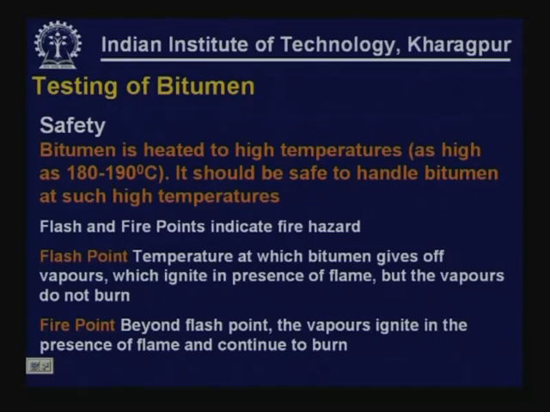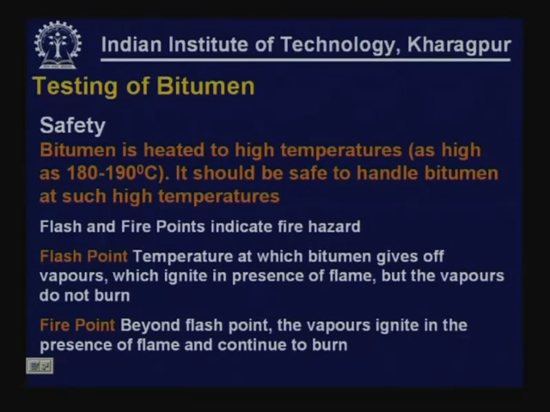To understand the safety of bitumen when it is operated at higher temperatures, because bitumen is going to be heated to temperatures as high as 180 degrees centigrade, it should be safe to handle bitumen at such high temperatures. There are a couple of tests that are done to identify whether bitumen is having hazard when it is heated to such high temperatures. Flash and fire point are two different temperatures, tests we conduct. Flash point is the temperature at which bitumen gives off vapors which ignite in the presence of flame, but vapors do not burn. On the other hand, fire point,